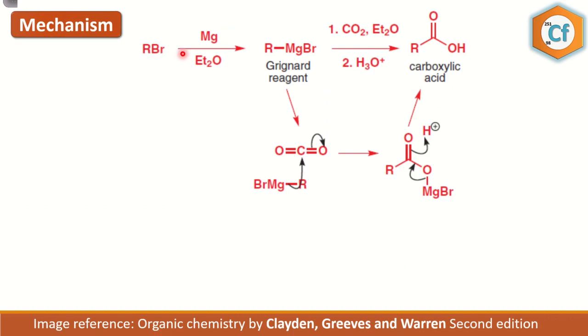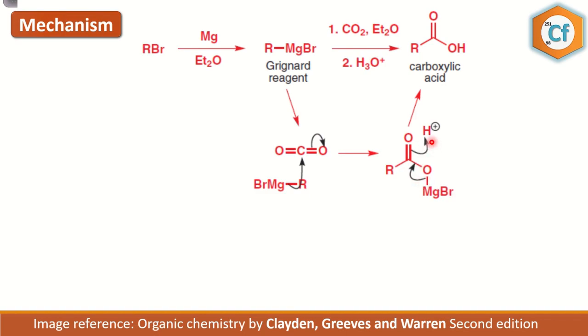So here I have RBr, which will give the Grignard reagent, simple. Then in this Grignard reagent we have delta negative on this R. It will attack on the carbon. So now the carbon has 5 bonds, so it will break one bond as it cannot form more than 4 bonds. So this R gets attached onto this carbon and we're left with the C double bond O here. I have written it here, and then we have one single bond with the oxygen, and this oxygen obtains a negative charge and this negative will attach to the MgBr.